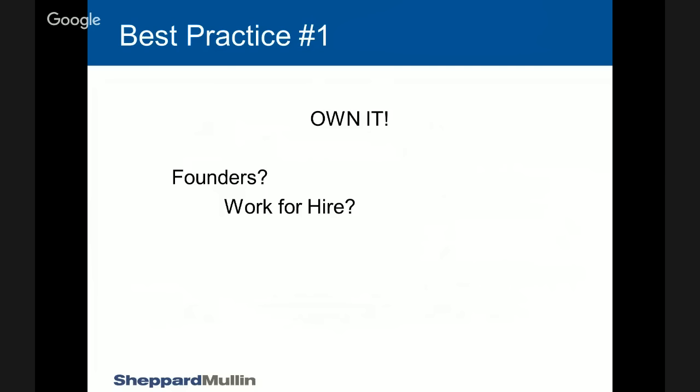Now, can this be a part of the work for hire agreement with the developer, or does this have to be a separate agreement? Yeah, no, it can absolutely be part of it. In fact, it should be part of the main agreement. So you're going to have your development agreement saying what they're going to develop, the timeline, and everything else you're going to put in with respect to the development. And in that agreement, you want to address IP ownership, and you want to make sure you own it all to the maximum extent possible. And you want to expressly state that there's an assignment from the developer to you of patents, copyrights, and other intellectual property for what you've disclosed to them and any enhancements that are developed during that process.